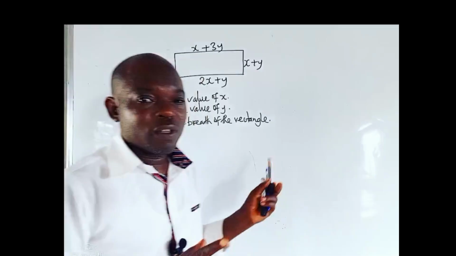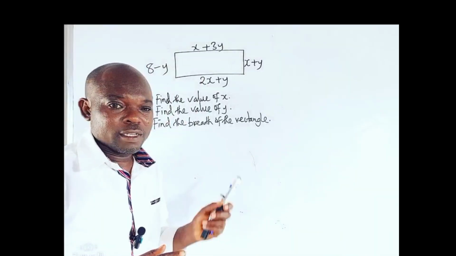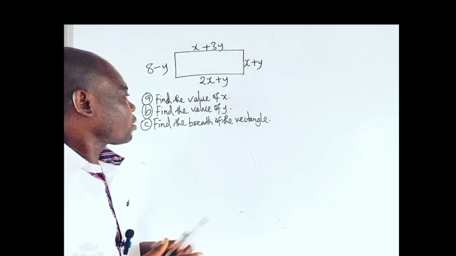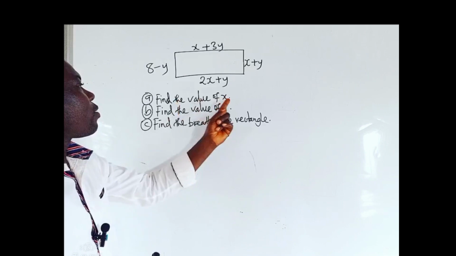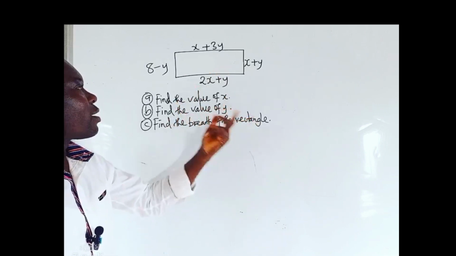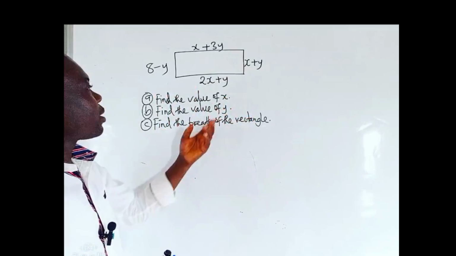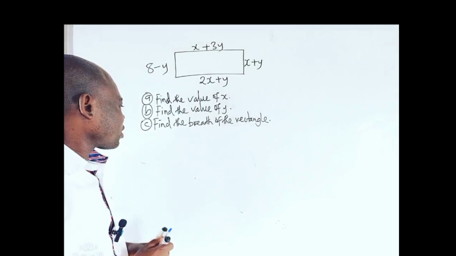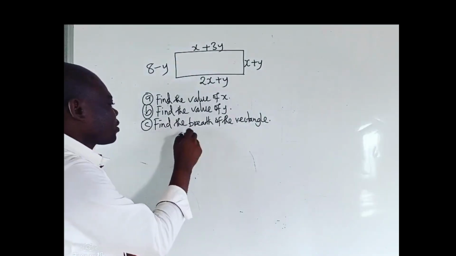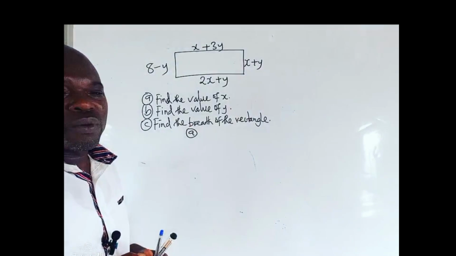Okay, this is one of the questions in the recently rounded up NECO mathematics. And here, this is a rectangle, of course. We are told to find the value of x, find the value of y, and then find the breadth of the rectangle. Okay, to solve A, to simplify the first one, we have to know that